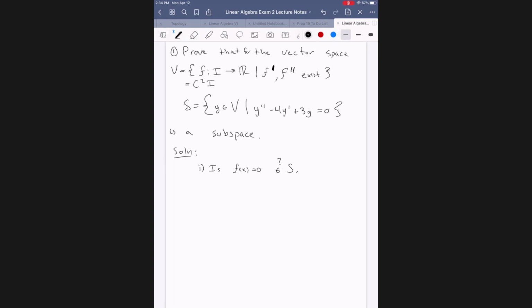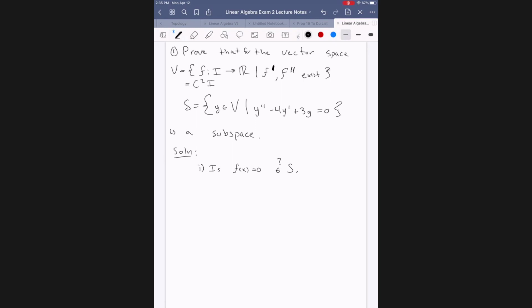So S is the set of all functions y in V such that it satisfies this equation: the second derivative minus 4 times the first derivative plus 3 times the function itself equals 0. So does f of x equals 0 satisfy that equation? By the way, it's a differential equation, but